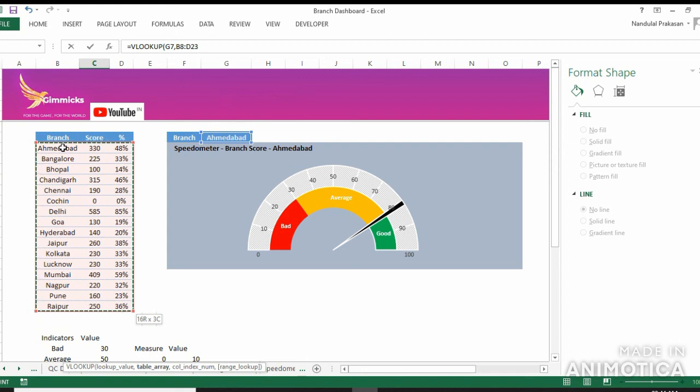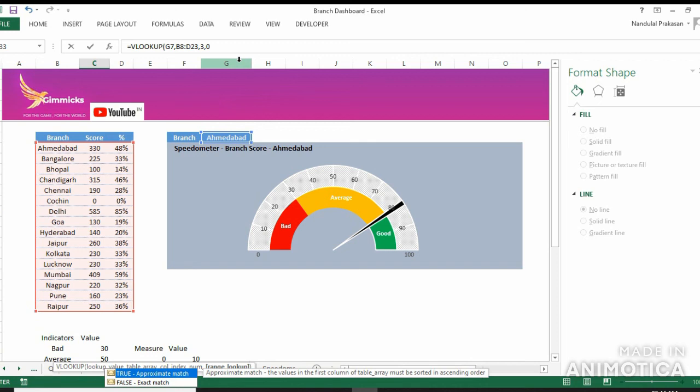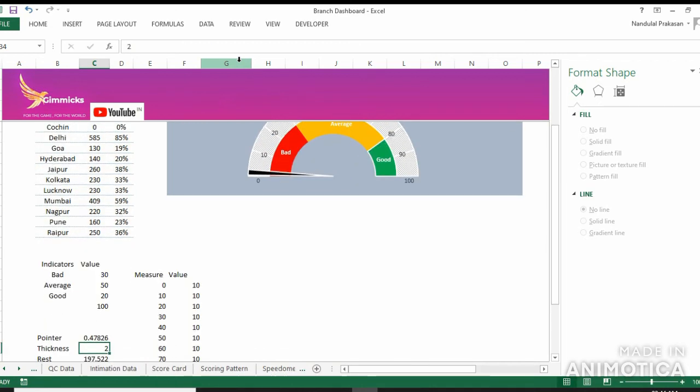So we have selected the entire table, comma, and I want the value of the percentage basically. It is available in the third column. So 1, 2, 3, third. So after comma, I'll put 3, then I'll put 0, 0 by default for exact match. So now you'll see it is coming in 0.47.